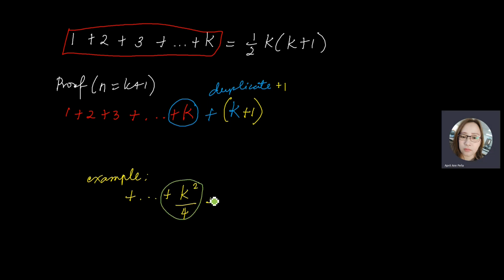So in duplicating it, we're going to add k squared over 4. As you can notice, I put a space in between the k and the squared. For what reason? Because we're going to add 1, because this is the duplicated. So duplicate